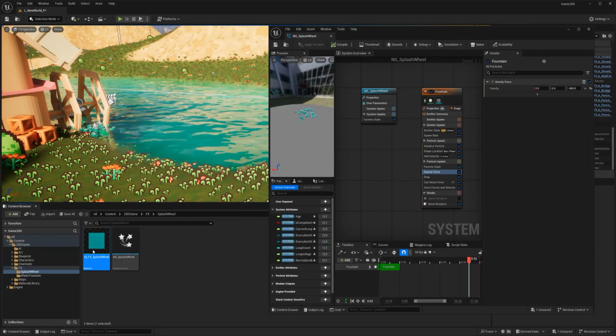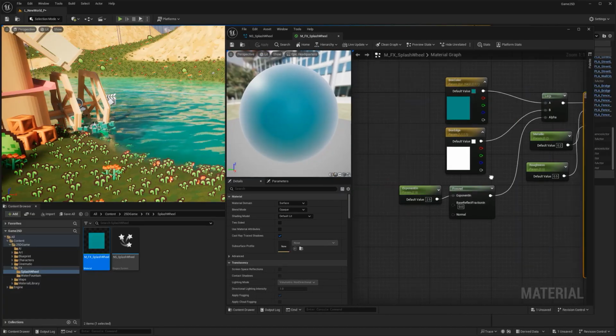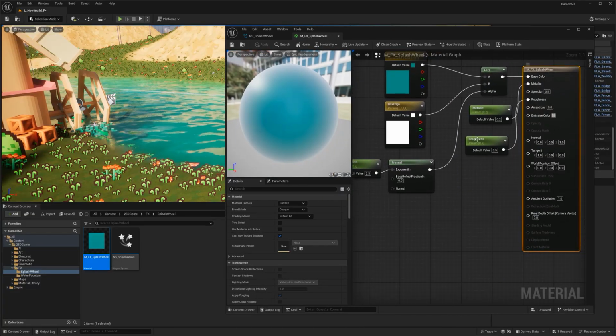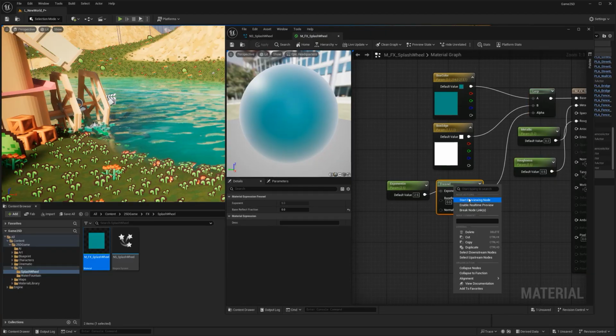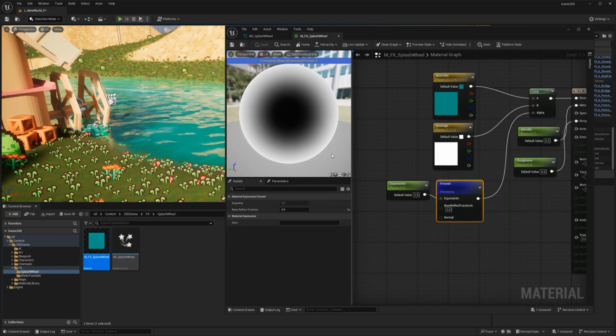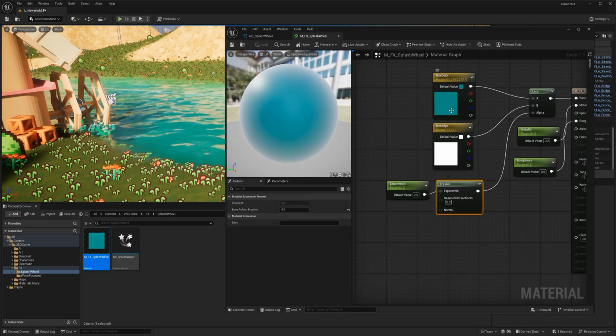That said, let's go to our splash wheel material, the one I had created before. And it's very straightforward, folks. I'm just driving a mask, okay? I'm putting the metallic value and a roughness value. And this mask here is driven by this Fresnel. So wherever it is white, the white is going to be applied. Wherever it is dark, the blue is going to be applied. Which is okay.